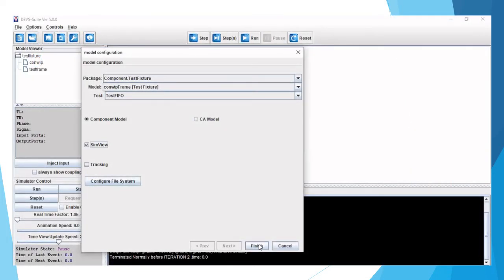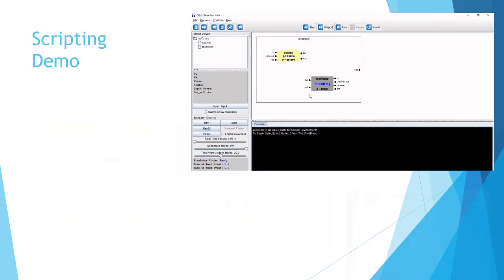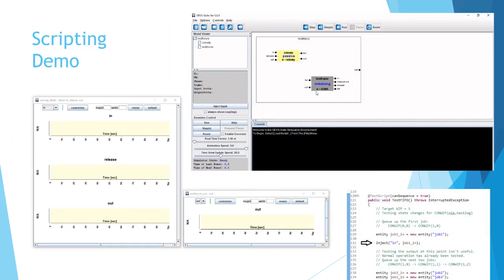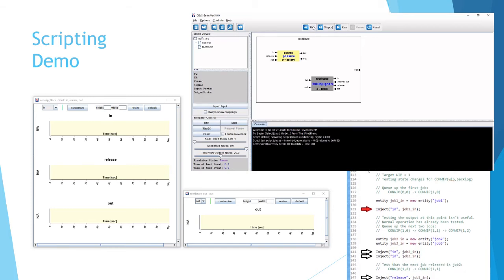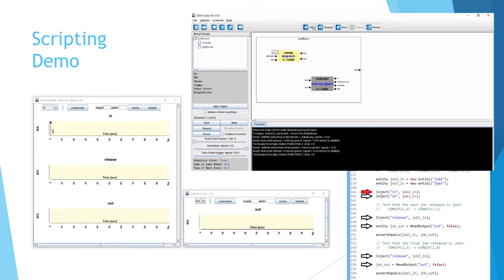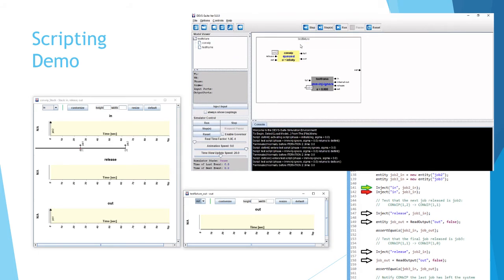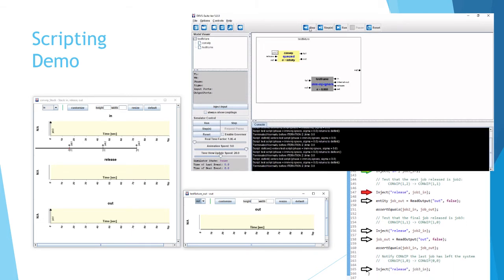Since the test fixture and its components are DEVS models, the simulator displays them just as it would any other DEVS models. As I click through, you'll see the first job enter the system. We have a target work in process of 1, but currently do not have any processes being worked. So the next step will release the job into the production system, bringing our current work in process to 1. The next 2 jobs will be dispatched to the CONWIP and be added into the backlog